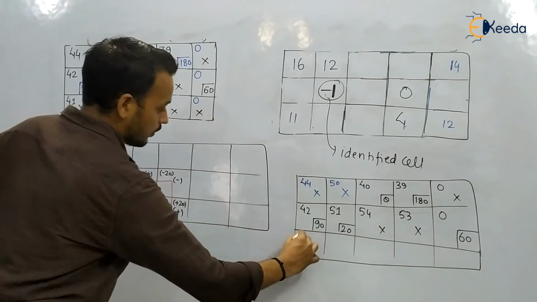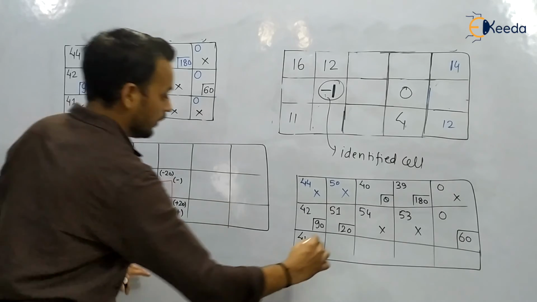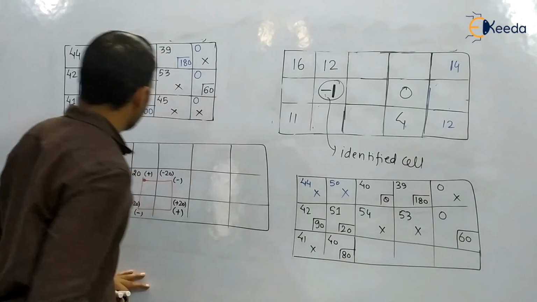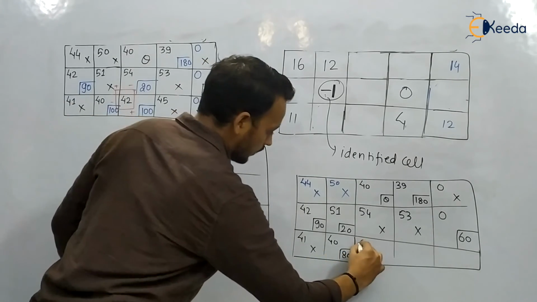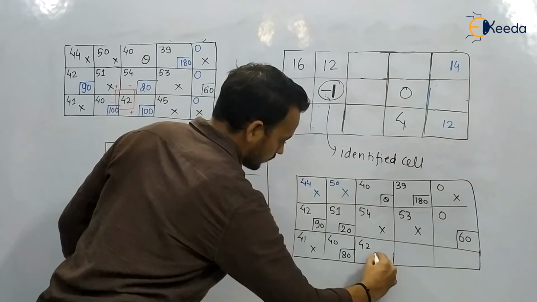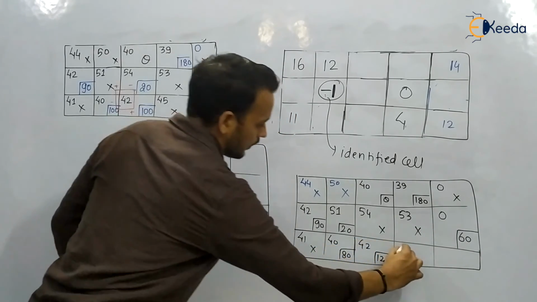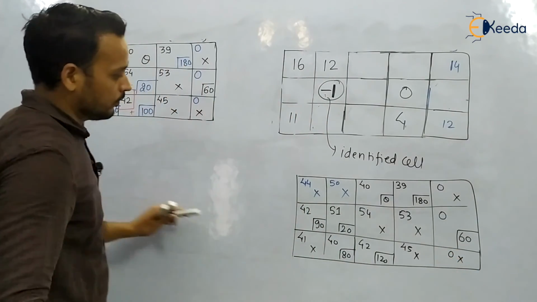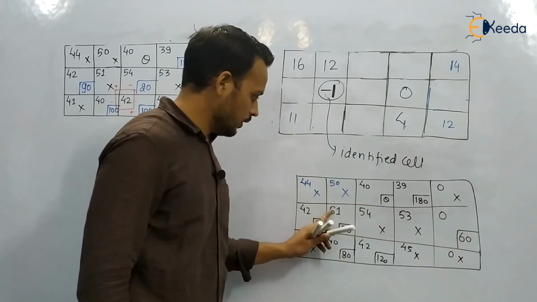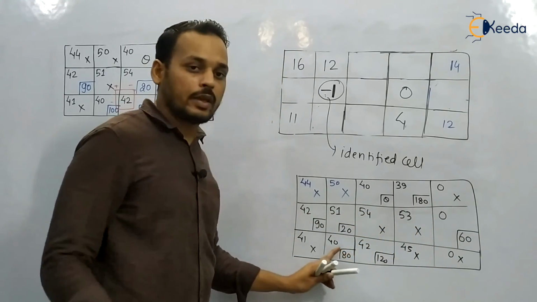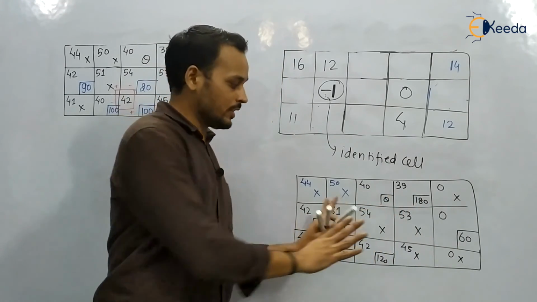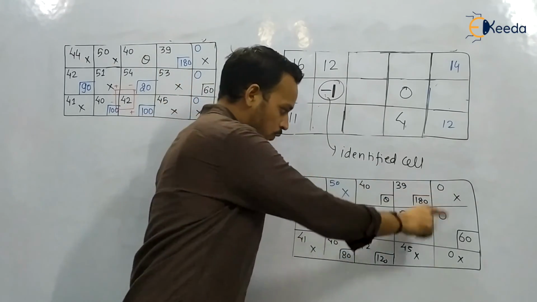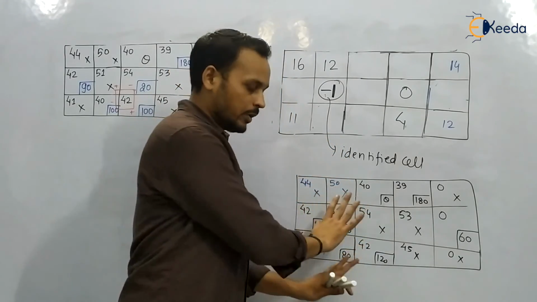Okay, at 41 we have nothing. At 40 early it was 100, now it is 80, and at 42 it is 120. 45 nothing, and 0 nothing. Okay, now 1 2 3 4 5 6 and 7. Okay, m plus n minus 1 equals to number of allocations. So this is a basic feasible solution. So again perform the optimality. Okay, so your work is to perform the optimality for this cell.